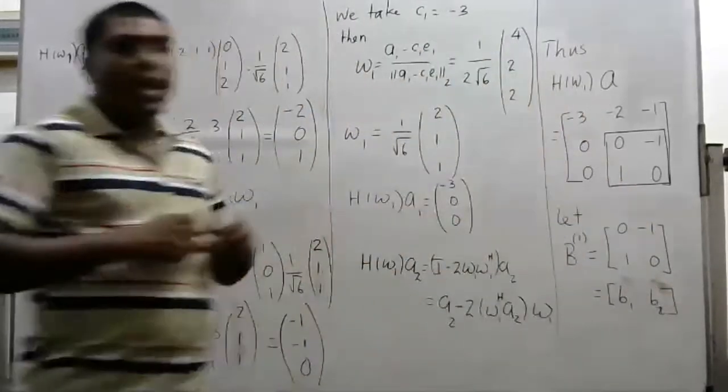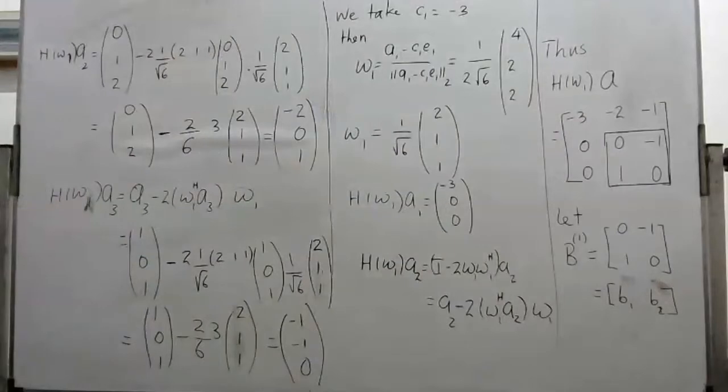Right, so we take that matrix after getting rid of the first row and the first column, we get a submatrix, right? And that submatrix is 0, 1, minus 1, 0. And we want to do the same kind of process for the matrix B1 first. And that is what we do in the theory. So we will do the same thing here.